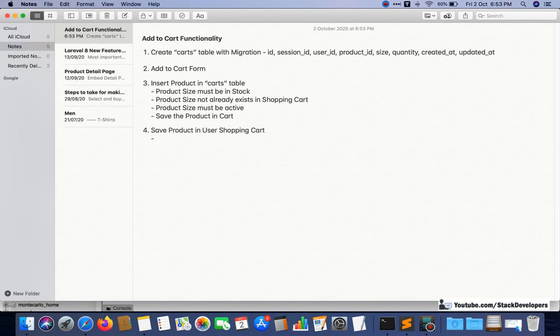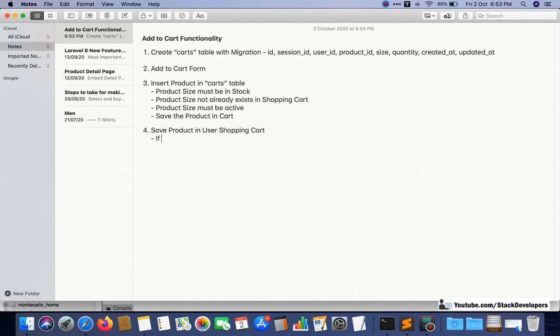One is that the user is not logged in. If the user is not logged in, then we will use the session id, and if the user is logged in, then we will use the default auth, like we have used in the basic e-commerce series. The users who have done the basic e-commerce series know that there is a default auth provided by Laravel, a web auth, we can also call it user auth. That auth we will use for our users. If the user is not logged in, then we will use the session.